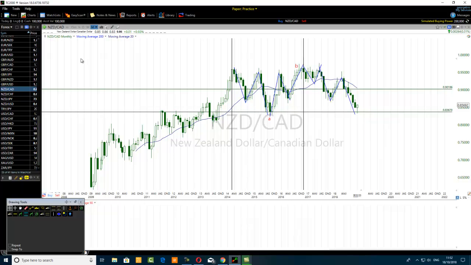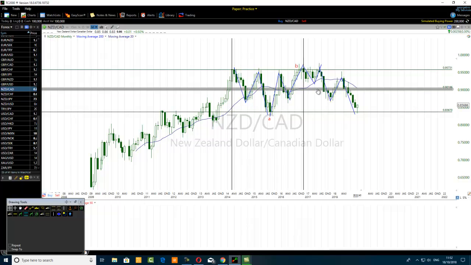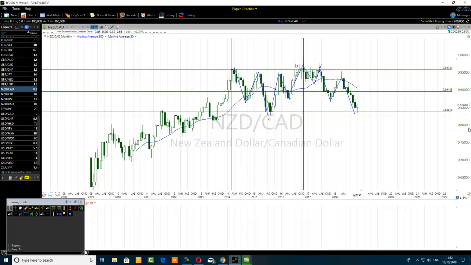The financial instrument that we are analyzing is the New Zealand dollar, Canadian dollar. So you see, this was a key level, a very important key level here. So what the price is doing, apart from the ABCDE that we Elliott wave traders know, is also consolidating between a level of 0.8367 and 0.9573. So somebody who does not even know about the ABCDE can still trade this if he or she saw that it is a consolidation. So now, the point I'm making to you about the ABCDE corrective wave price structure forecast